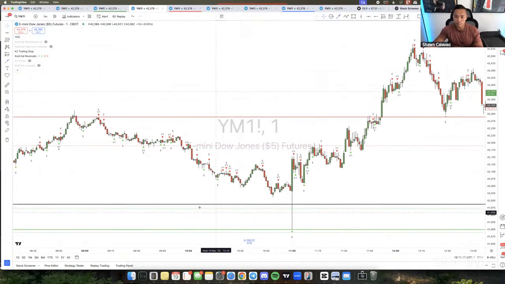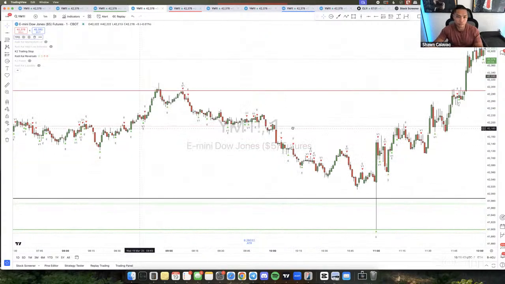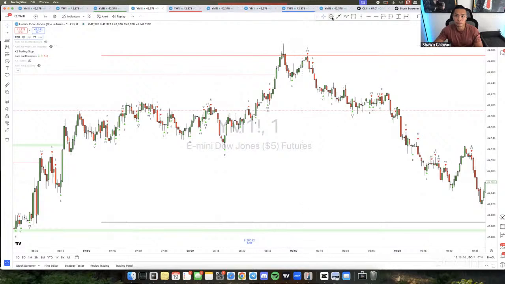And you can see here how price respects these levels, right? See how the news happened right here? Came down, bounced off the point of control, bounced off the value low, and then it shot right back up. Same with this over here, right? See how price pushed up, bounced off the value high, and then it came back down to basically the point of control, which is right here.